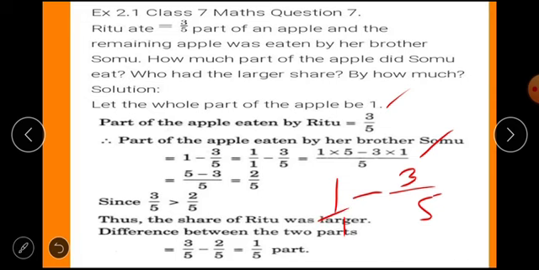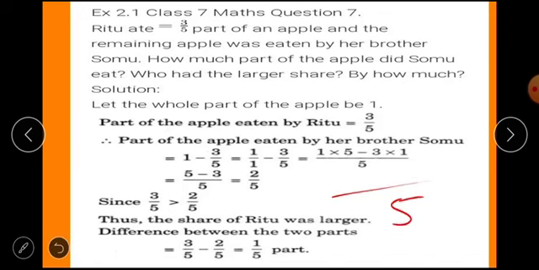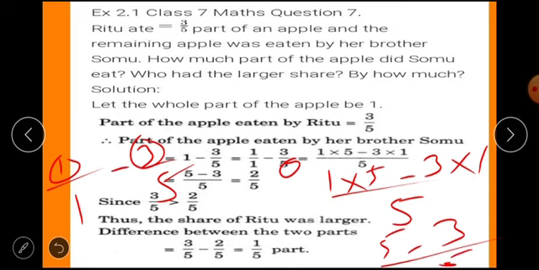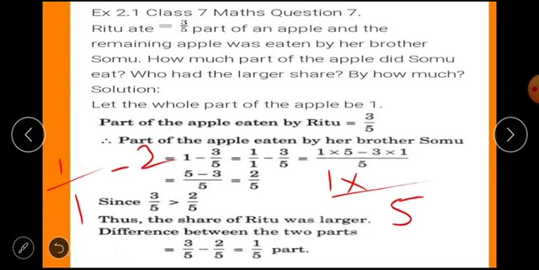You can write it 1 by 1 and you will take LCM of 1 and 5. So you will get 5. This 1 as it is, 5 ones are 5, and we write 1 by 1 minus 3 upon 5. So this 1 as it is, and 5 ones are 5, so you will write down the minus sign as given. Then next number is 3 as it is. So 1 into 5 will be 5 minus 3 upon 5. So the answer will be 5 minus 3, that is equal to 2 upon 5.